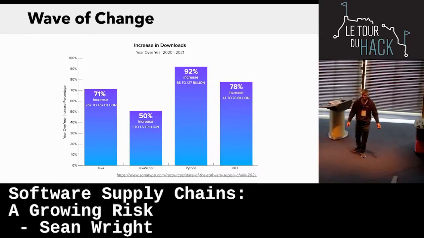I'm really interested to see what this year's report is going to look like, but you can see those numbers are quite significant. That is the increase in the number of downloads of the different languages. Java is about 71%, JavaScript 50%, Python 92%, and so on and so forth. Those are already high numbers, and they just keep on growing rapidly. This forms into that whole point I was making about the way we changed our development strategy. And that's great. We get everything done a lot quicker.